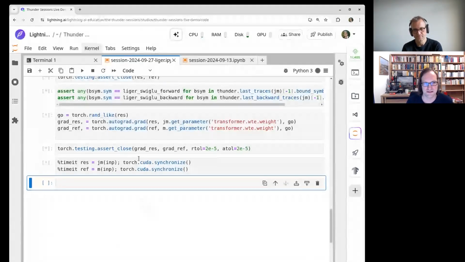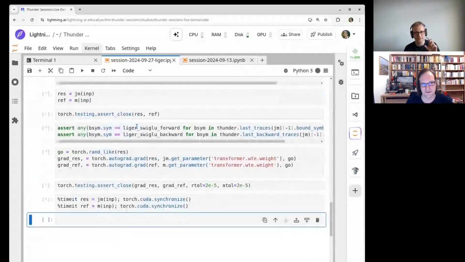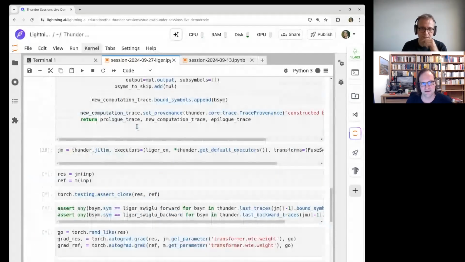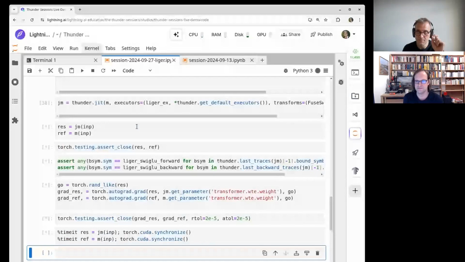I wanted to clarify why it's slower than eager. When you have Silu, for example, we saw Silu in the trace, and then all the comments below it where we had prim this, prim that, and so on.